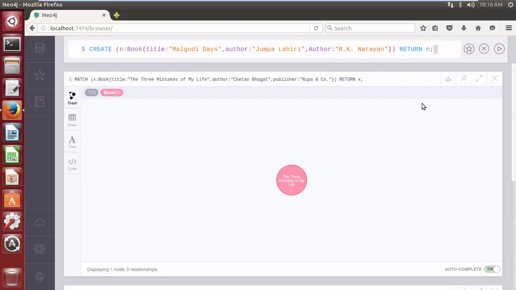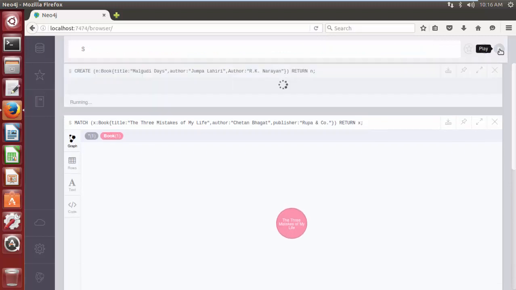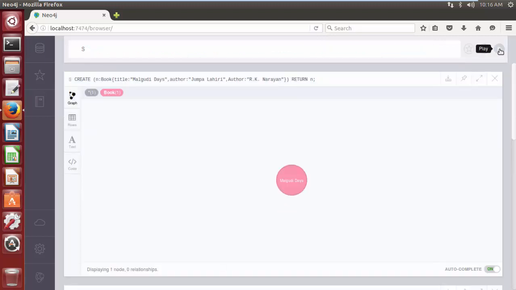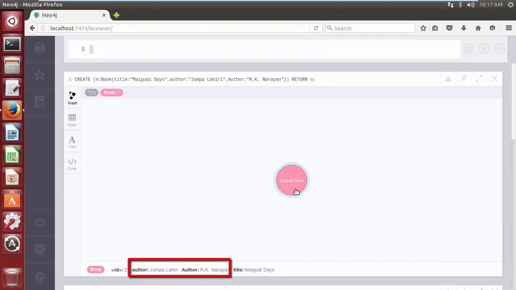So in Neo4j, these two strings are considered as different properties. Click on the play button. As we can see, two properties with similar names are created successfully.